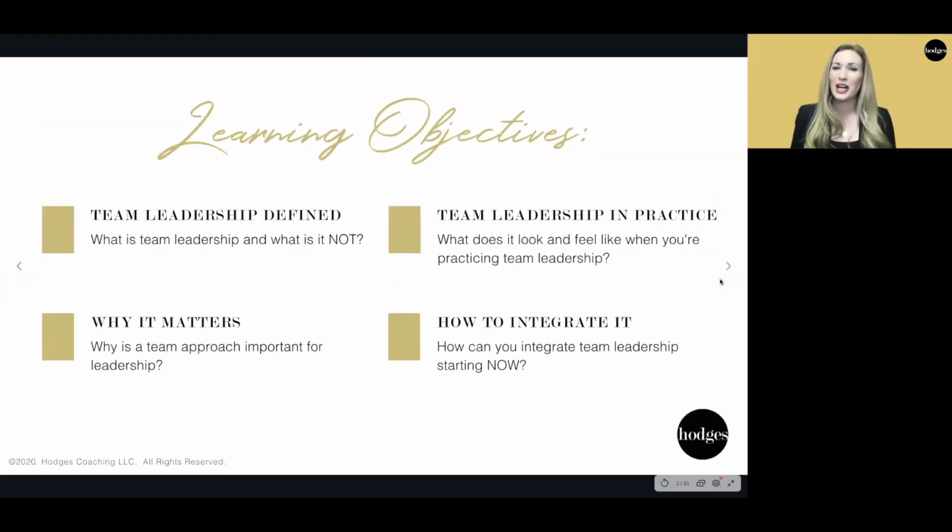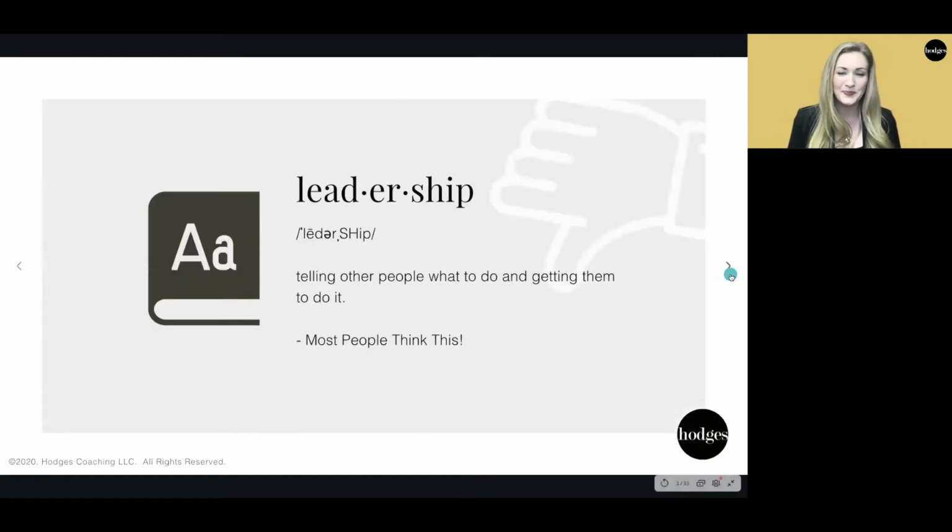So, our learning objectives, which by now you are very, very familiar with. We want to remember what team leadership is. How did we define it these last few weeks and kind of look back and see it from a little bit of a different lens and talk overall, kind of zoom out and say, if we use all of these elements of team leadership, what does it really look like in practice when it's in balance, when it's out of balance, and why does that matter? Hopefully by now we know that it matters. And then how do we continue to integrate it?